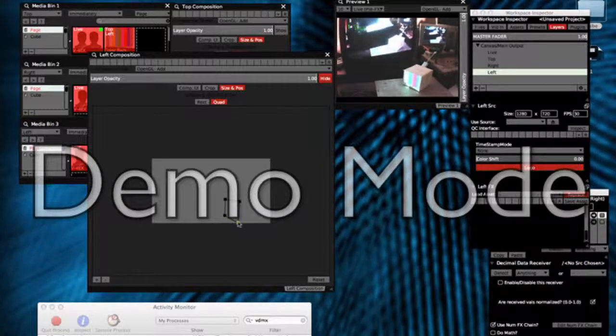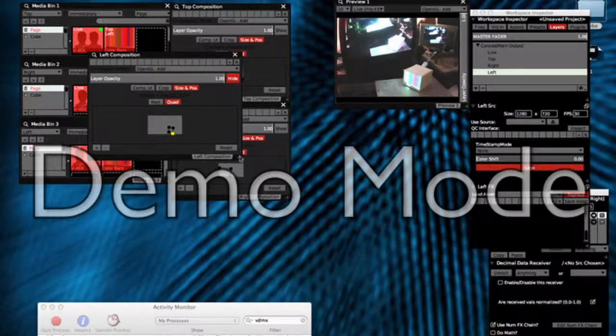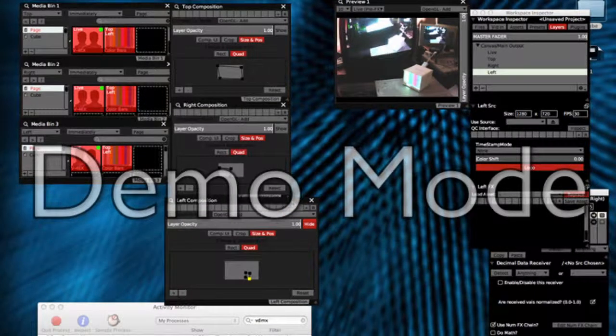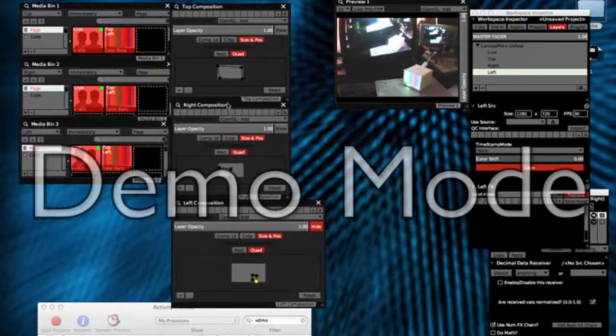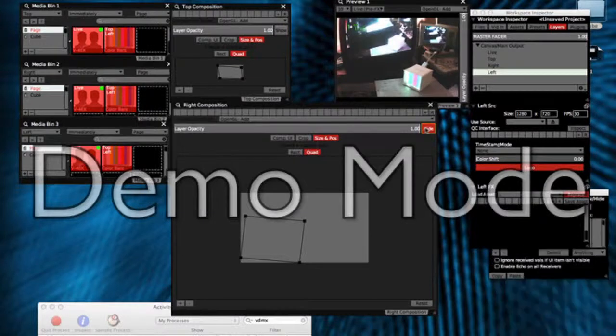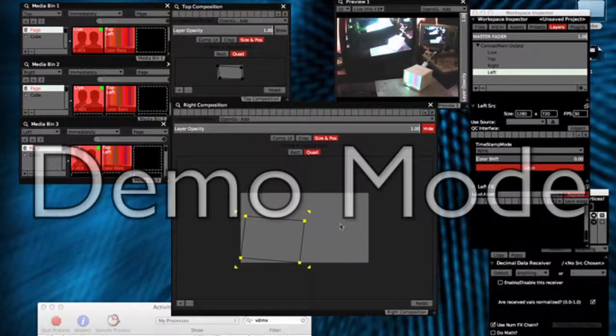And there is the first side. And what we're going to do is shrink this window back to a normal size and then make the next layer, media bin 2, which is the right side of the composition. I'm going to make that one bigger now and show it. Now that we should be able to see it, we'll drag it over. Actually, first we need to select that. Now that we have it on our screen, you can drag it to the right part of the screen on the projection surface